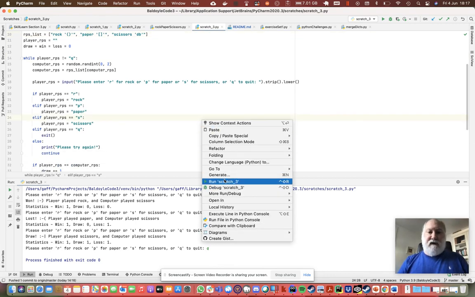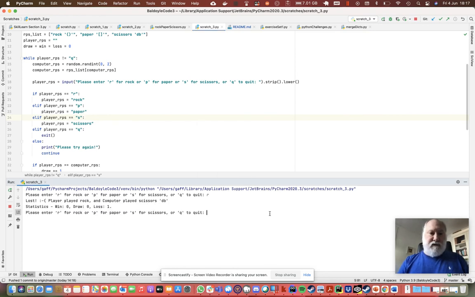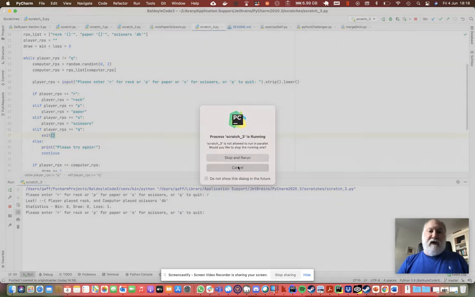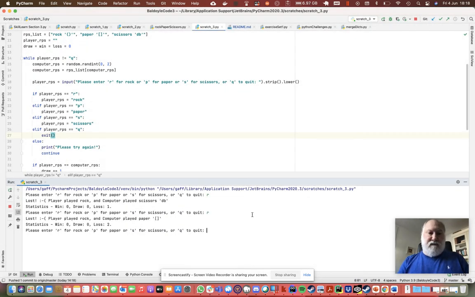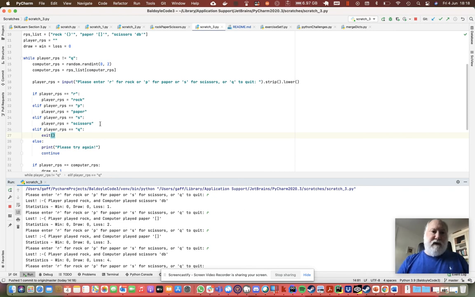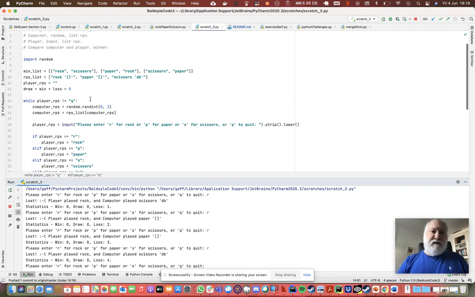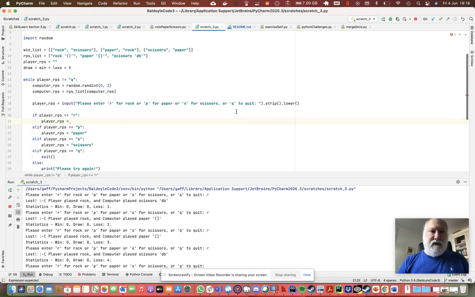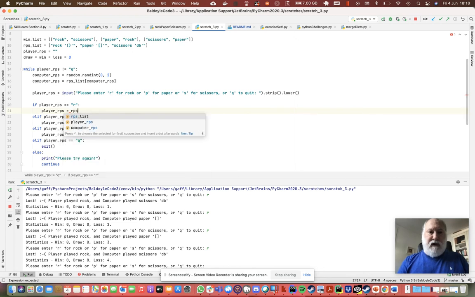If we run this now, I play rock, it says lost. Again. So what's going to happen is it's going to continue. I'm going to lose everything because it compares rock, paper, scissors with rock and the additional signs that I've added just to kind of clarify. So here it would actually make more sense to use the RPS list